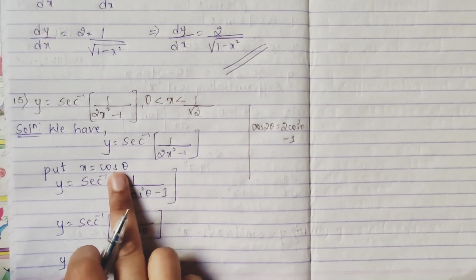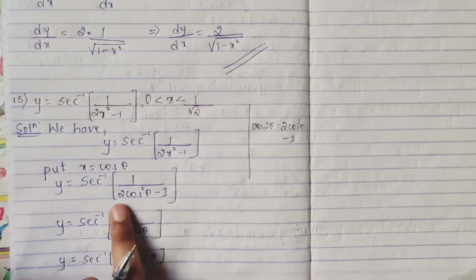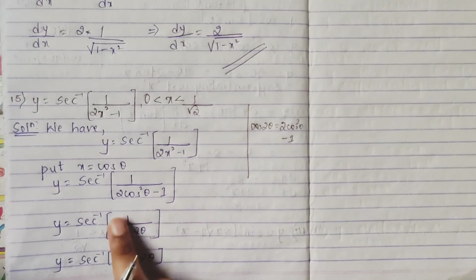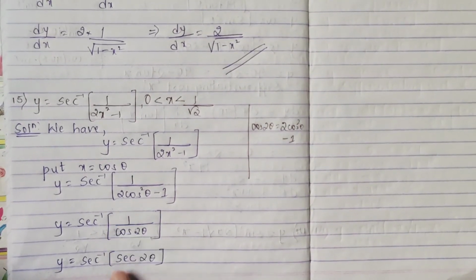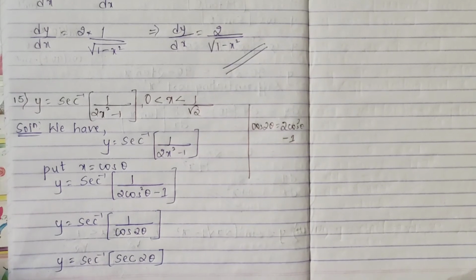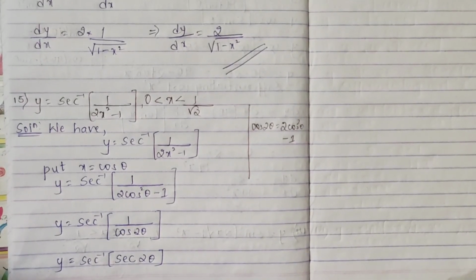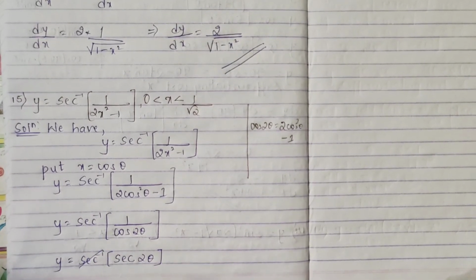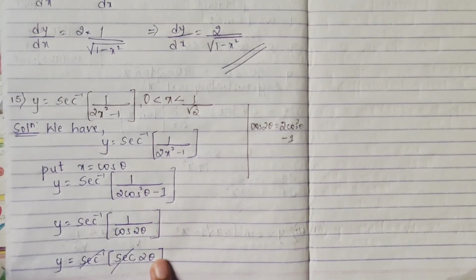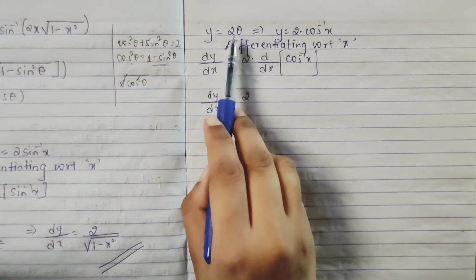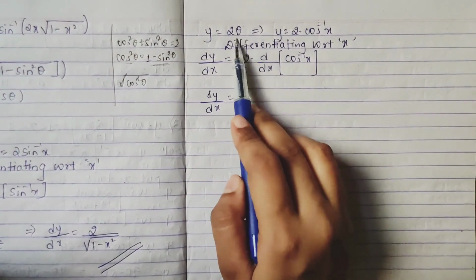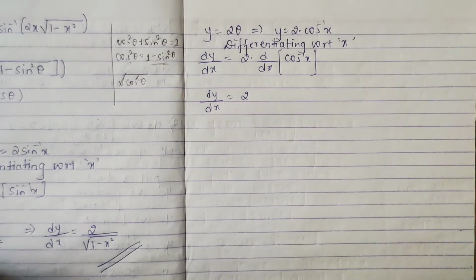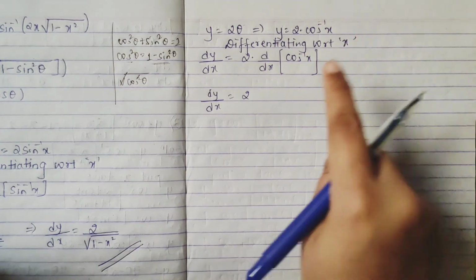Putting x as cos theta, you will get y is equal to sec inverse of 1 by 2 cos square theta minus 1. 2 cos square theta minus 1 is what? Cos 2 theta. So 1 by cos 2 theta. 1 by cos is what? Sec. You have studied this in your 10th: 1 by cos, 1 by tan, 1 by cot, 1 by cosec. So please be aware of that also. So 1 by cos 2 theta is sec 2 theta. Now sec inverse and sec get cancelled, and you will be left with only 2 theta. So y is equal to 2 theta. Coming to theta, here you have to replace your theta. Theta is what? Cos inverse x, right? Because x you had taken as cos theta, so its reverse will be cos inverse x.